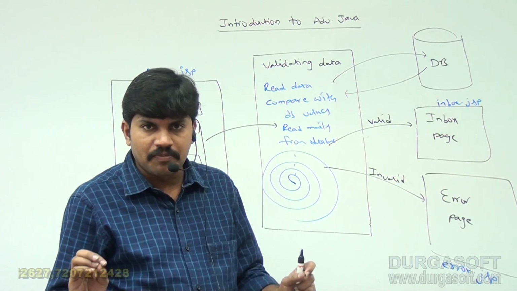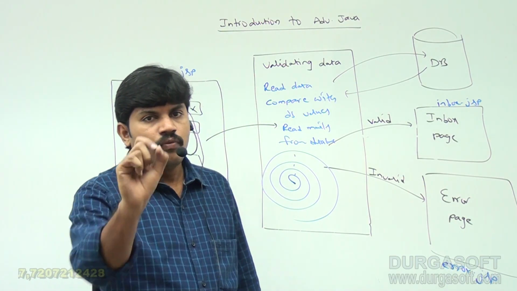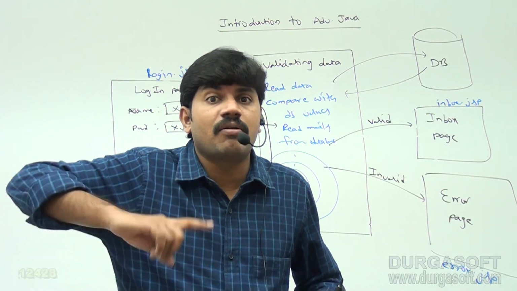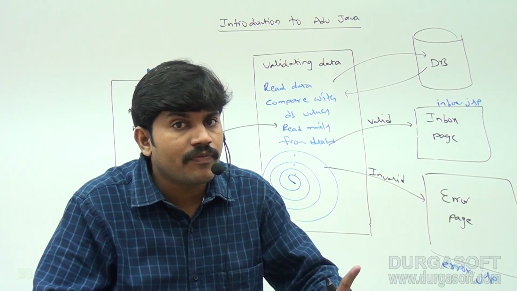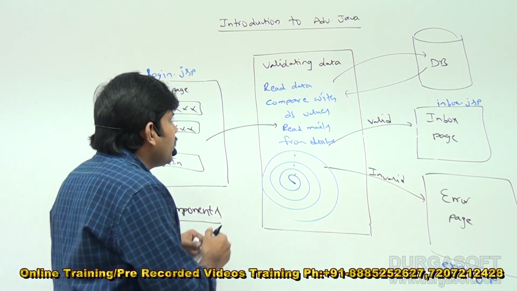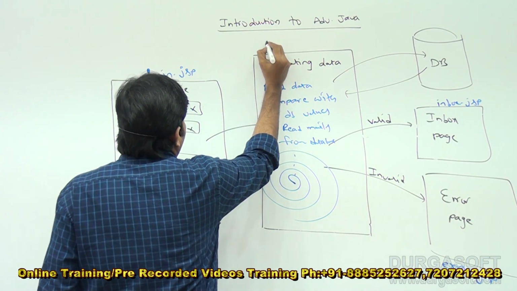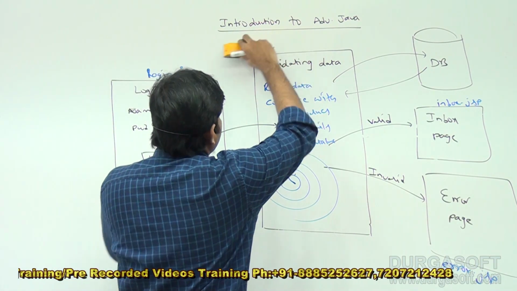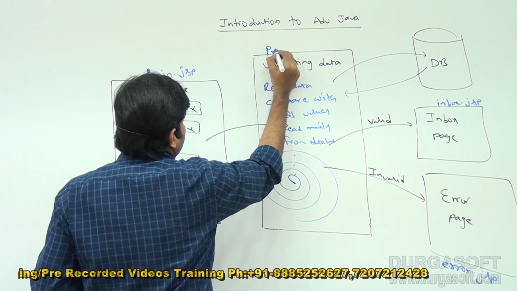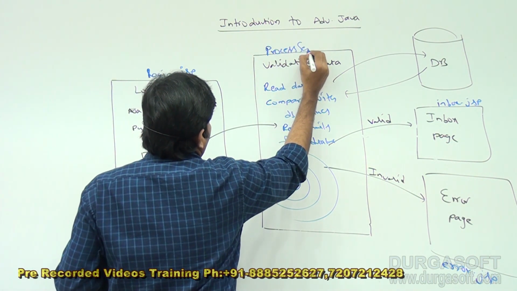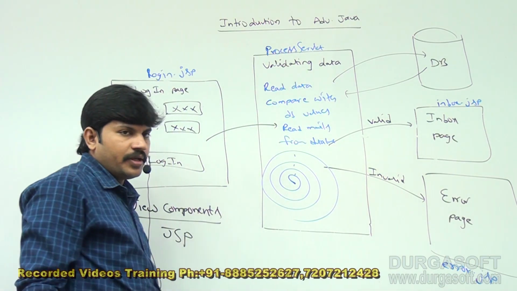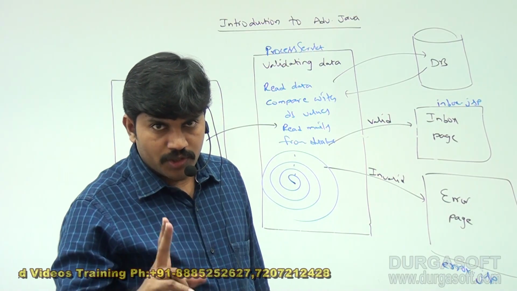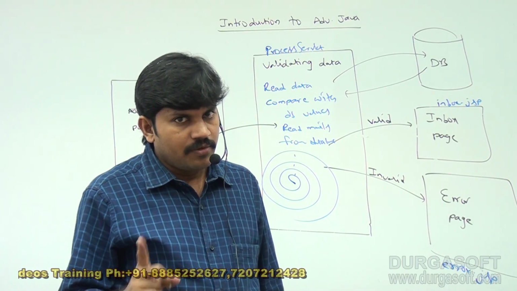As of now, just remember, in our web application, what is the role of servlet? The main role of servlet is, wherever processing logic is required, better to go for what? Servlet. So that's why I can use the word process servlet. Up to this, in our web application, I introduced two words, right? What is the first one? JSP. What is the second one? Servlet.